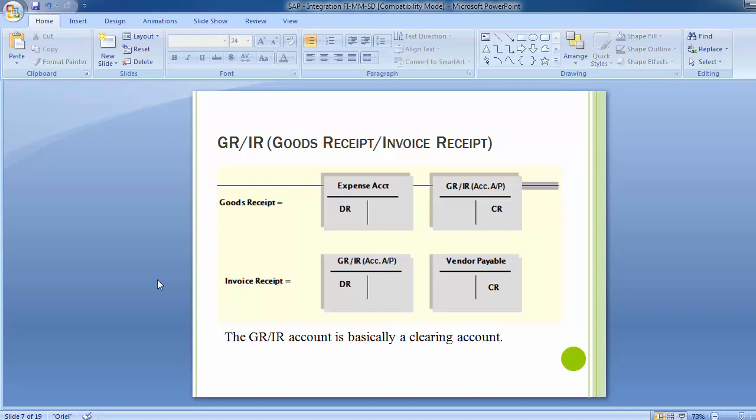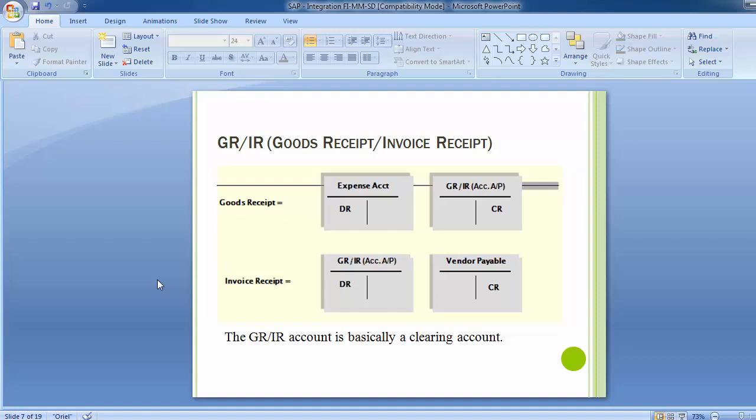So why does this happen? Why do we use this GRIR account? The GRIR account is basically a clearing account. It's basically a kind of temporary account which is used in the SAP system to bridge the gap between the goods receipt and the invoice receipt. So when you do the confirmation, your material account is debited, or the respective expense account gets debited, and the GRIR is credited.